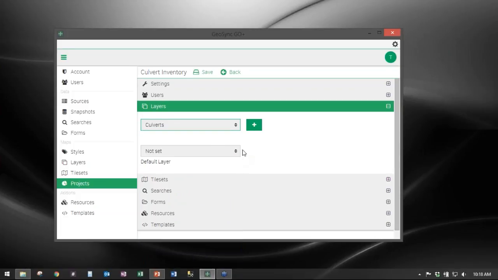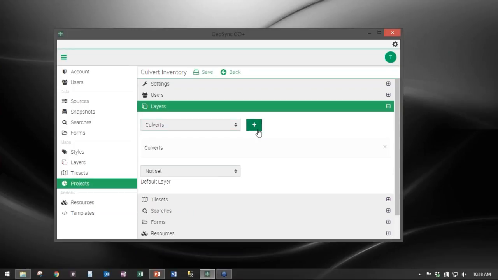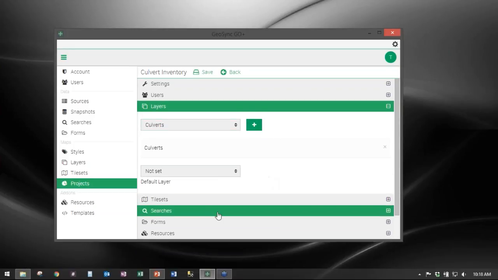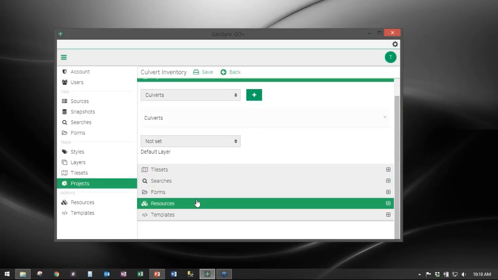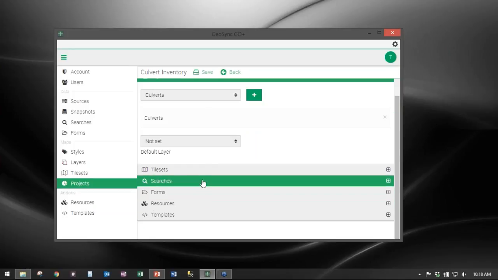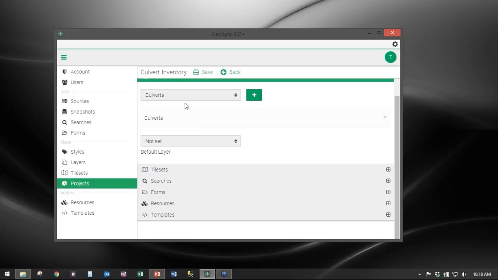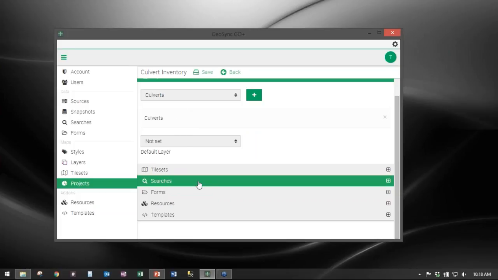Oh, culverts. I just called it culverts. Okay. So we'll add our culverts layer, and again, that's standard GeoSyncGO Plus setup. So we've got a layer. We've got our culverts layer. Got a project. We've added our culverts layer. Of course, I've already done tile sets, and